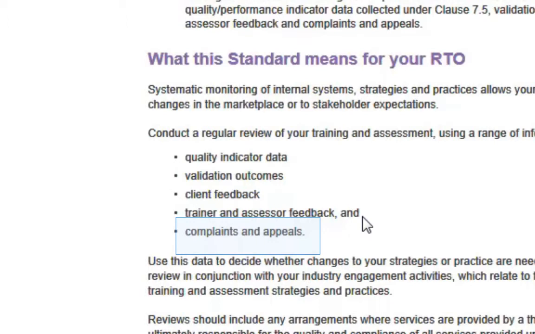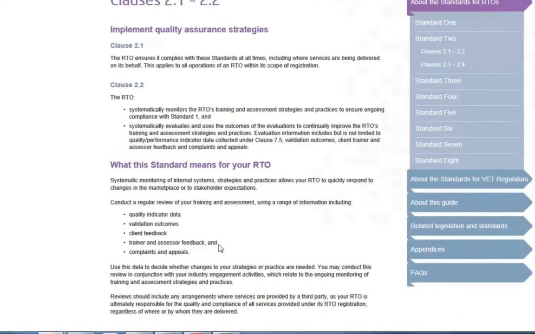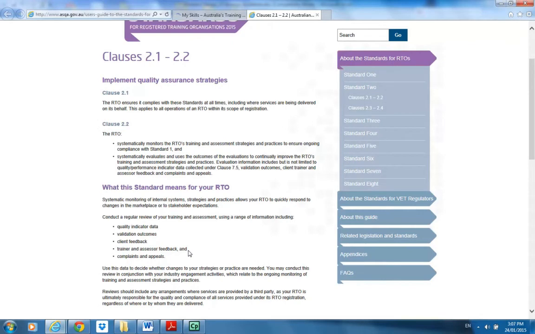They have a right to appeal your assessment judgment back to the RTO first. So by referring to your policy manual that the RTO provides you with, you will see the processes, you'll see the person that you need to refer these types of matters onto. So that's how the responsibilities of your RTO to have a policy manual, to have procedures in place, to have these types of validation processes and appeals processes. You need to be having these conversations with your RTO if they haven't had them with you at the time of induction.